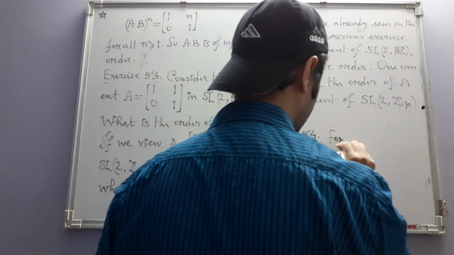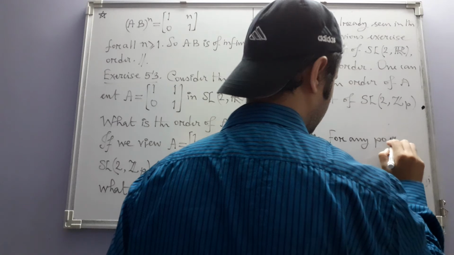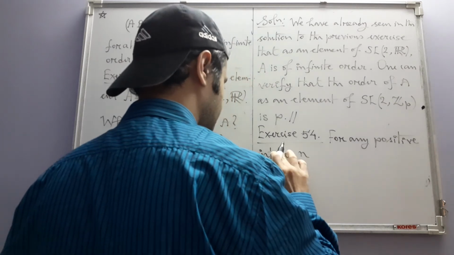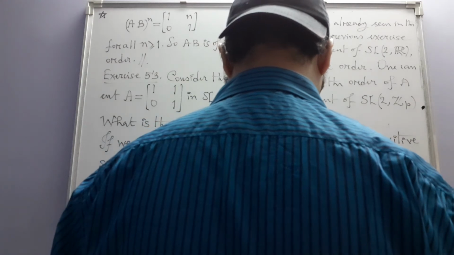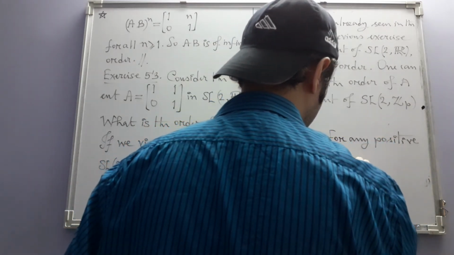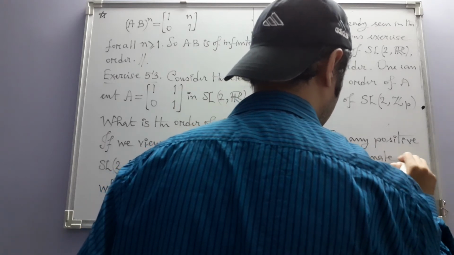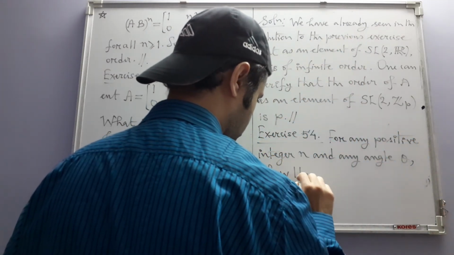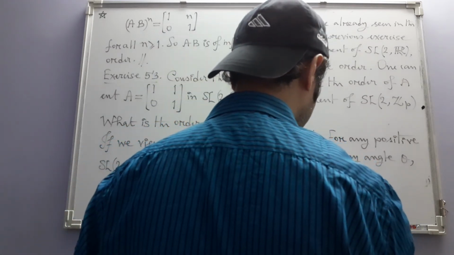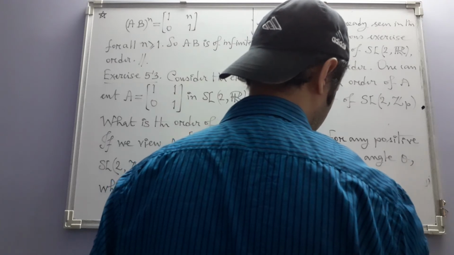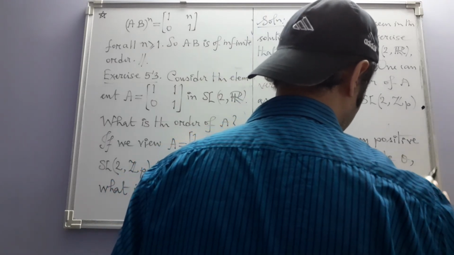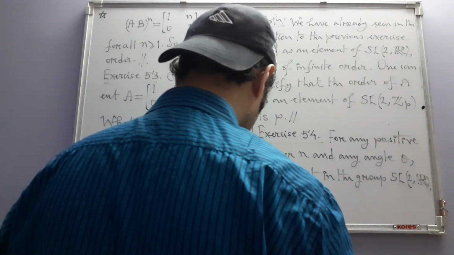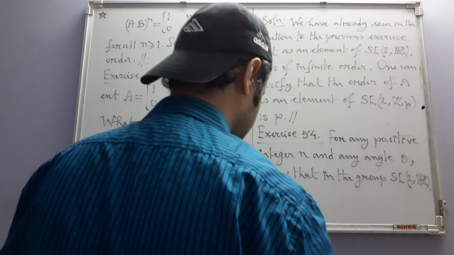For any positive integer n and any angle theta, show that in the group SL2(R), again that special linear group, we have this matrix equation, matrix identity,